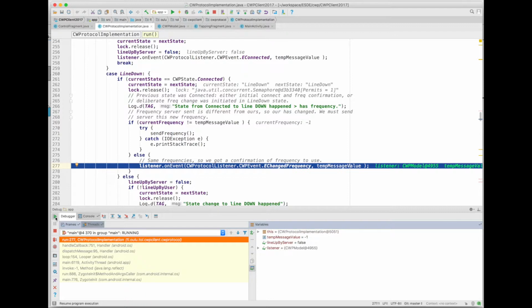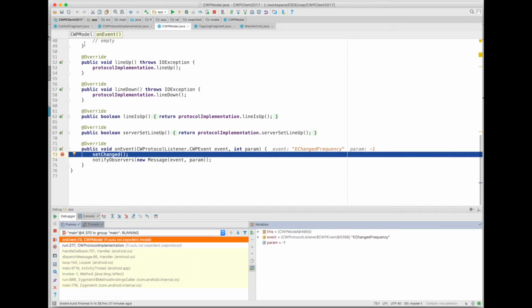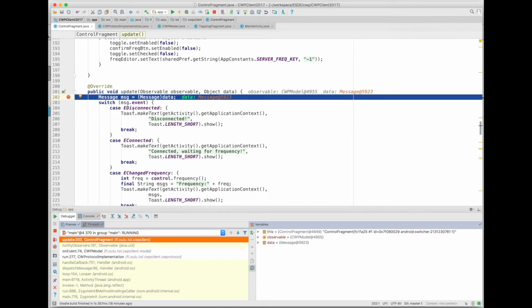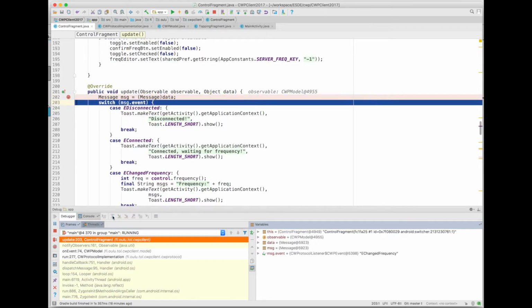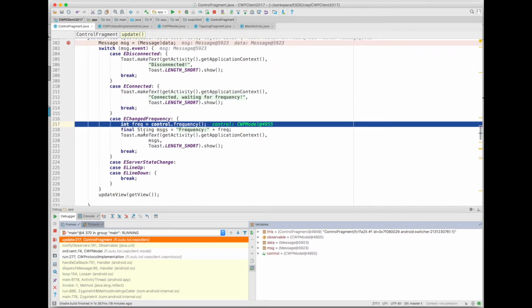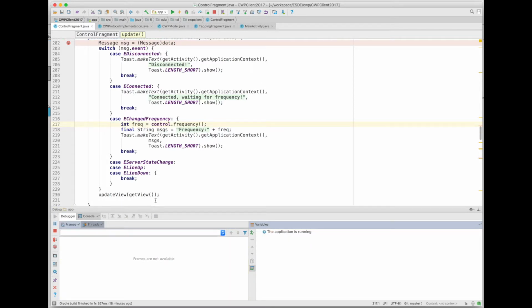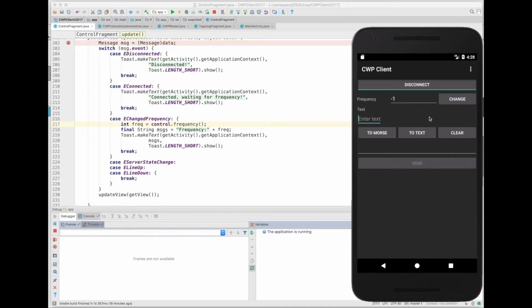So we resume the application here again, and the model, who is the listener, again notifies the observers that now we are in a change situation. First we connected, and now we have changed the frequency. Again, the observers get notified. As an example, the control fragment handles this information so that it just shows a toast message again to the user that, okay, now we are in this new frequency. So now we have connected to the server with the default frequency, which was the purpose of this code walkthrough,